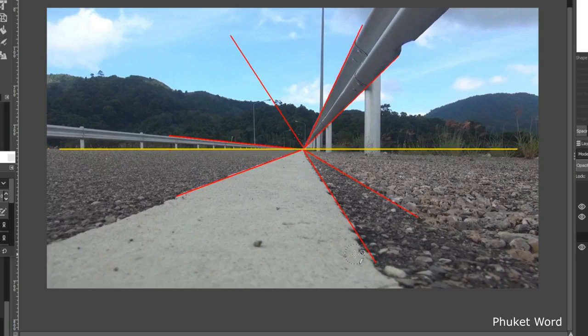And all the angles of everything on the surface going away from us converge here, and everything going away from us in a straight line above the surface converges here. We've got lines following these railings here. This line follows the lampposts up there, and this one follows those railings over there. And we can see that we're very close to these railings, almost underneath them, so we get a very sharp angle here as it goes off into the distance. But these railings here, which are the same height, also parallel to the surface, go off at a very shallow angle because they are further away.